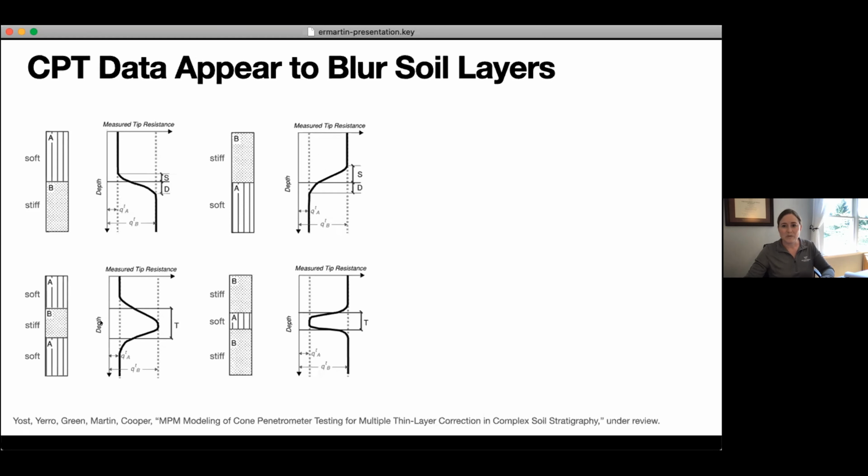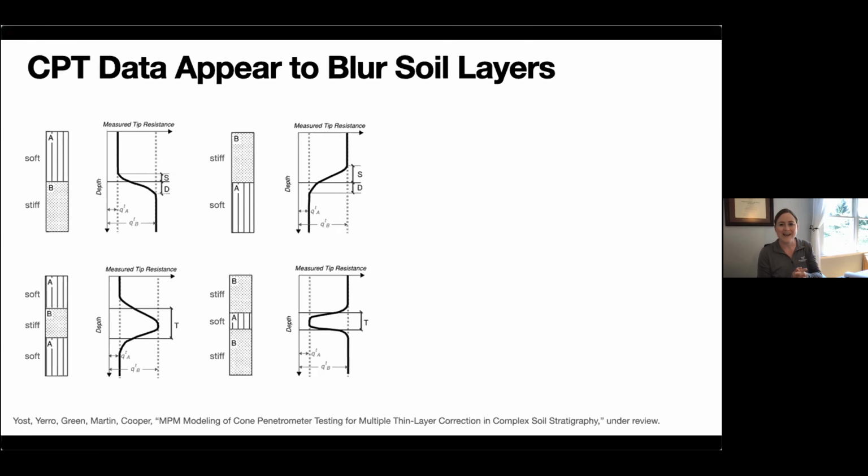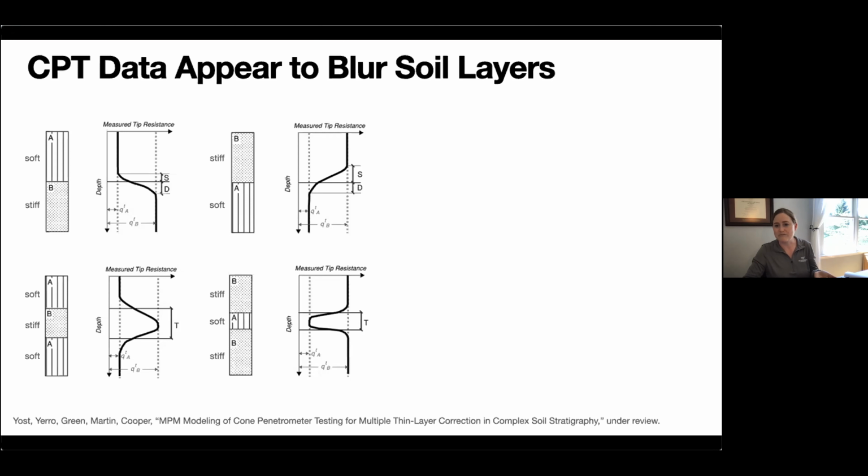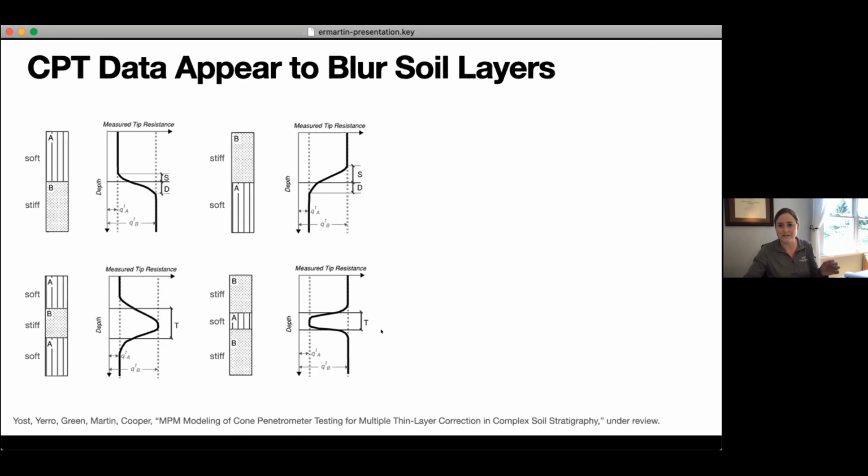This issue gets a little bit worse when you have multiple layers. Let's say I have a soft, then a stiff, then a soft layer. I'm going to have my measured tip resistance, and I'm going to have that blurring both on the top and on the bottom of my layer, making that layer's width harder to pick out. Especially in a case where I've got a stiff, then a soft, then a stiff layer, I'm trying to pick out that soft layer because that's the layer that might put me at greatest risk for earthquake liquefaction hazards. So being able to pick out these very thin layers of soft materials is really important